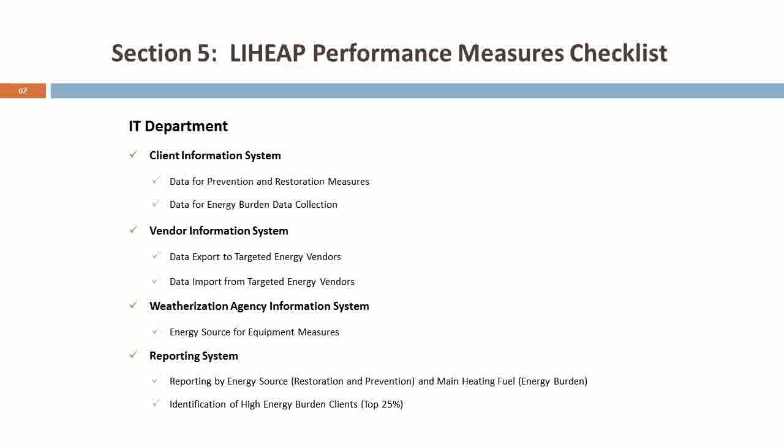And then once again, the reporting system, as we said, it doesn't need to be sophisticated, but you do need to be able to do math. Many people can't do math. So it's important to have an IT person or someone who knows how to analyze data that can pull the data out and parse it out the way it needs to be on that form, right? By fuel type. That's a big one. All the data is separated and categorized by fuel type, as well as pulling out that top 25%. It is a simple calculation unless you don't know math. And if you don't know math or don't like math, it's no fun, and you want someone else to do it, and so they should know about it.